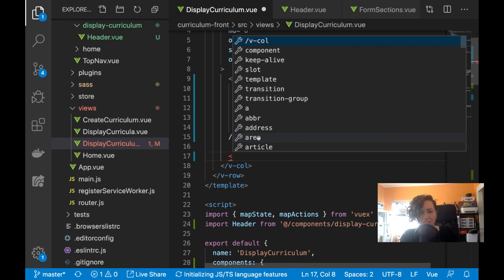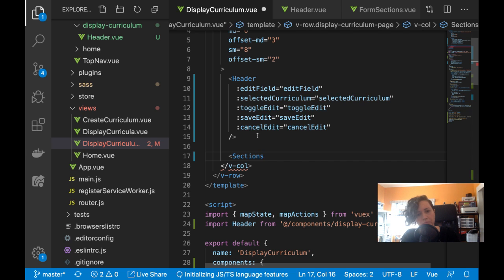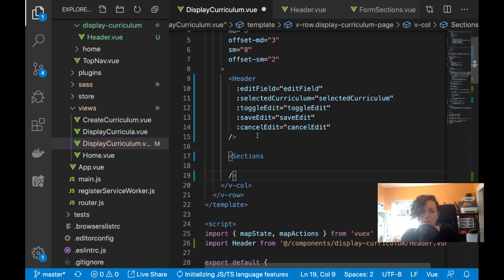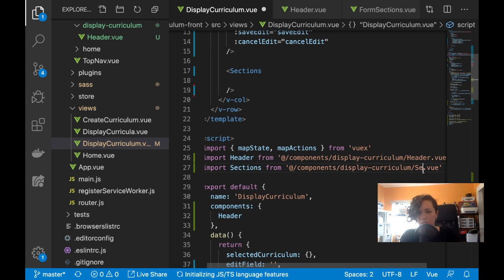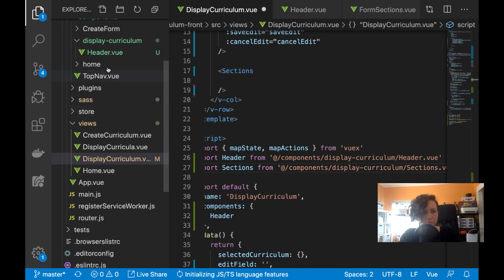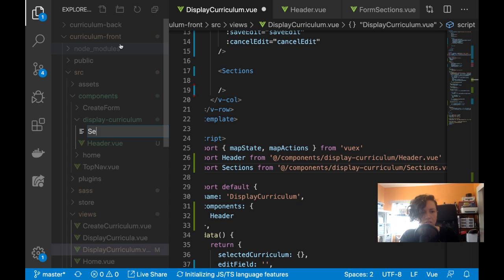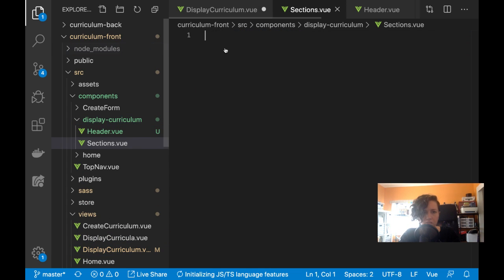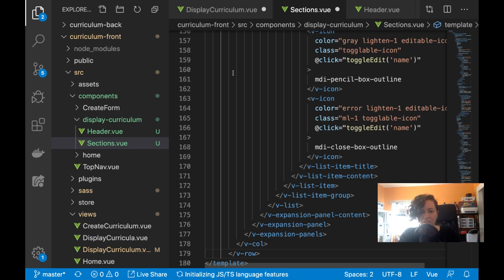Yeah. Sections. And sections from sections. I'm gonna create a new file. Sections.vue. Oh wait, let me put a template here first. Okay, so